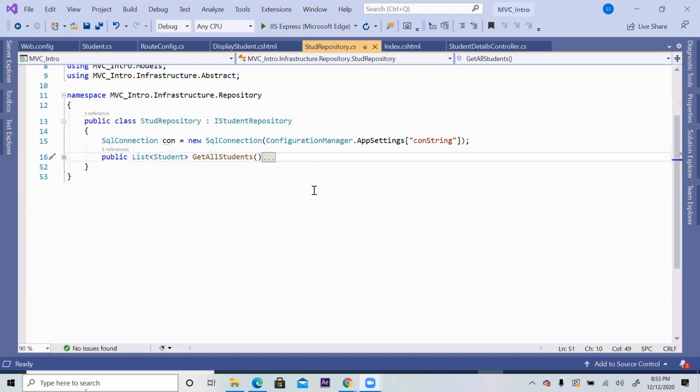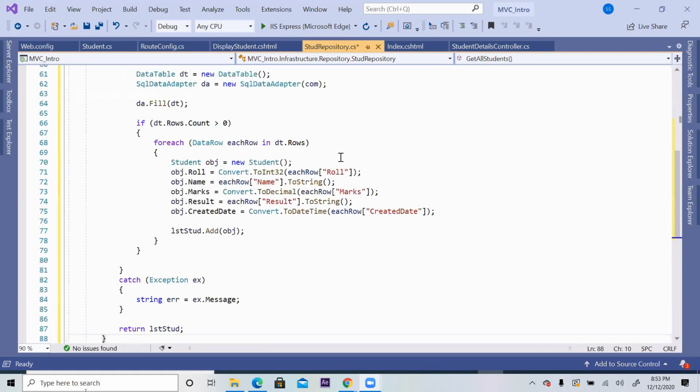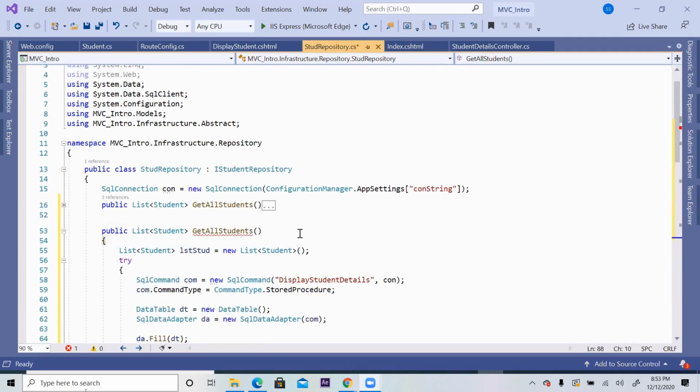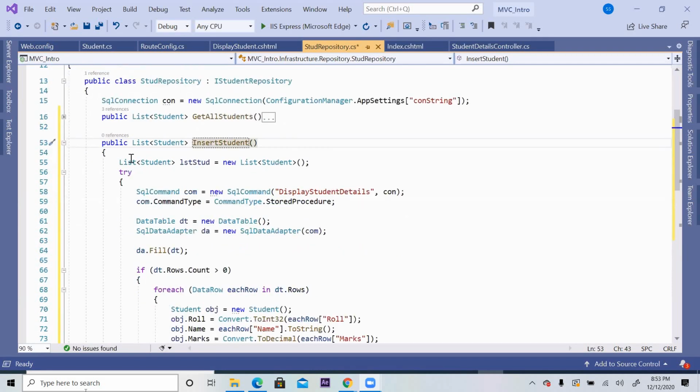This is our repository. Copy paste any one function, then modify the things, whatever you need. So this time I will give the function name as insert student data. Because maximum things are similar, I will copy paste and change it.